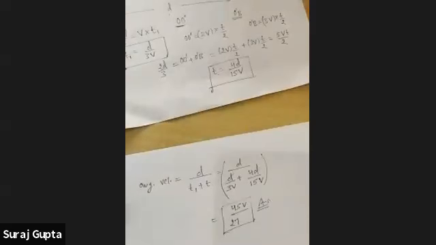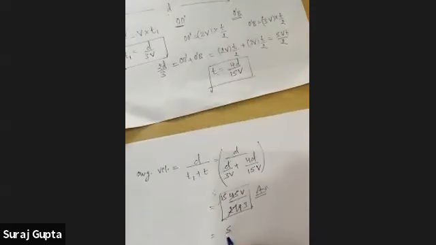You can further simplify this. This one is 9 and this one is 15. Again, you can simplify this. This one is 5 and this one is 3. So the final answer would be 5v by 3. Okay. Average velocity of this particle during the journey would be 5v by 3.